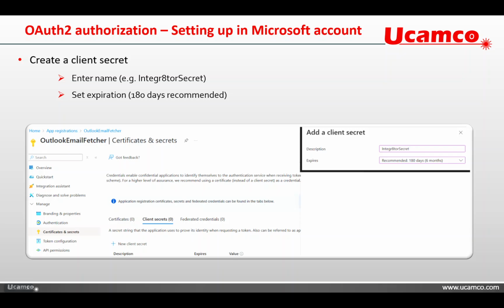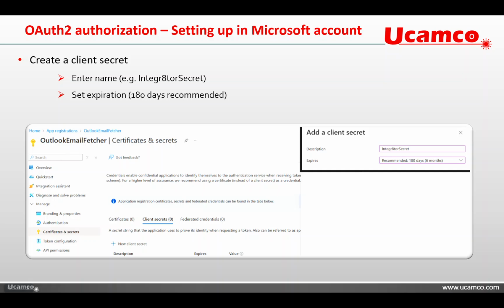On the next page, the one that we see here, again you're going to be asked to give a description for this client secret. So it's a sort of name that you want to give it. In our example here, we have called it Integr8tor secret. Then you must choose from a list of possible options about expiration. That's the time this key is going to be valid for Integr8tor to be able to access the Microsoft email server. Beyond that period, in the example here, it's 6 months,